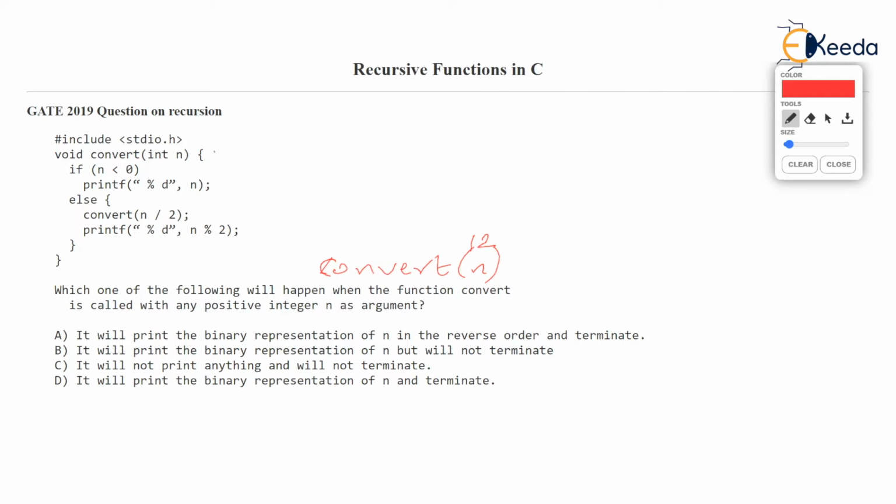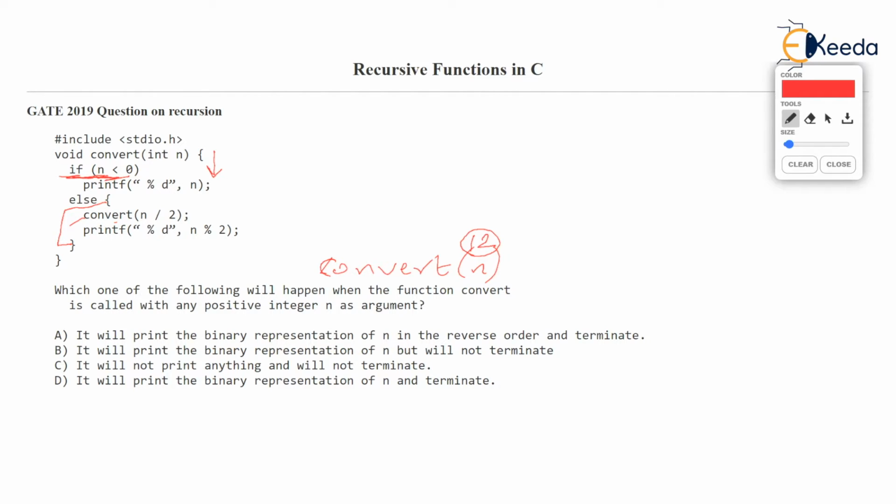Now if you run this function with n equal to 12, you are going to check if n is less than 0, isn't it? Check the marker place. Is n less than 0? Not really, because n is 12. So 12 less than 0 is false. So we will go to else, and in the else these two lines will run, which I am marking: convert call and printf.